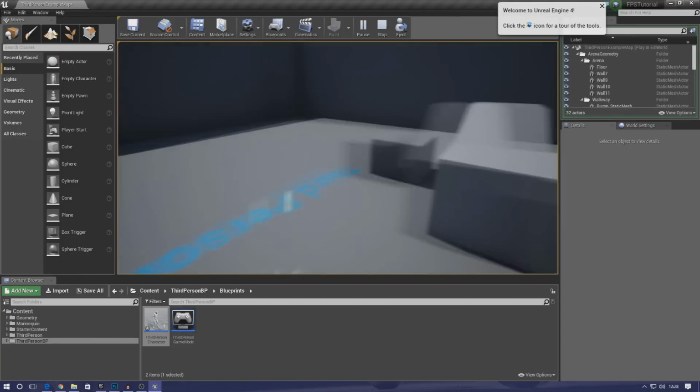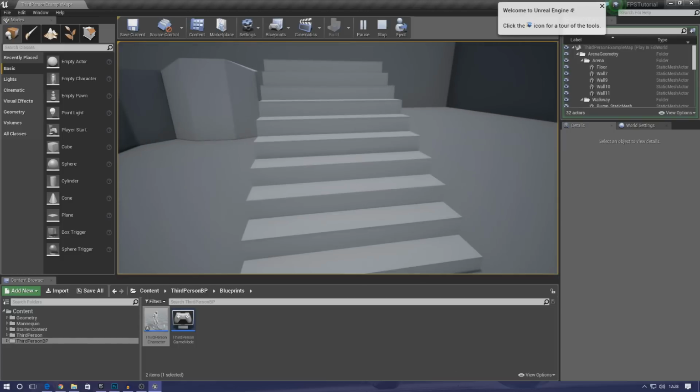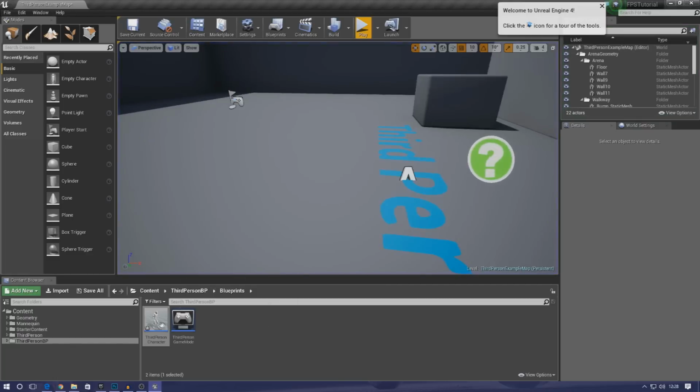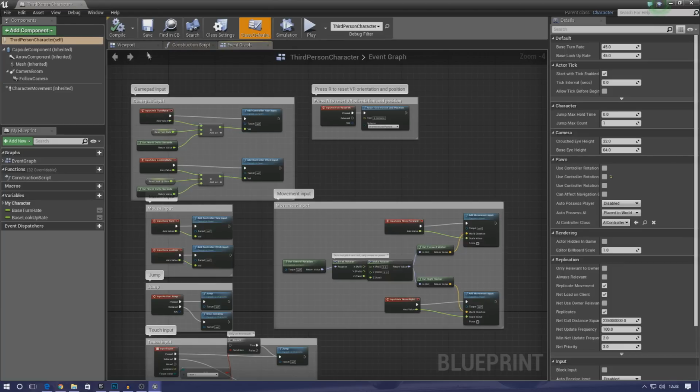the camera. We don't want that, so what we need to do is actually socket this camera to the head so it moves in line with it and just makes it a little bit smoother. So let's go ahead and do this. So if we open up the third person character again,